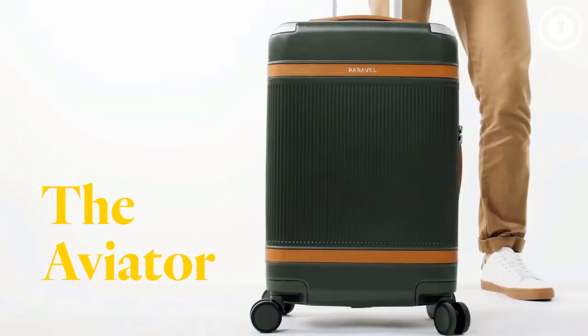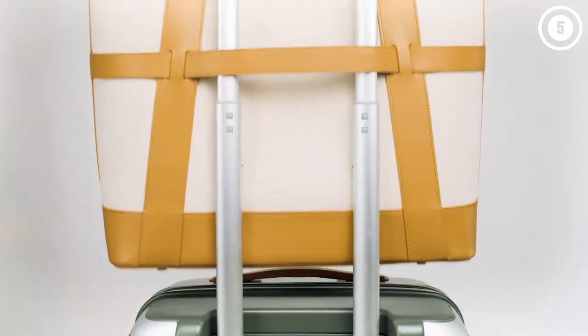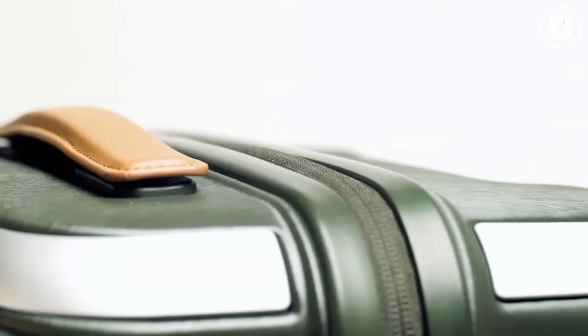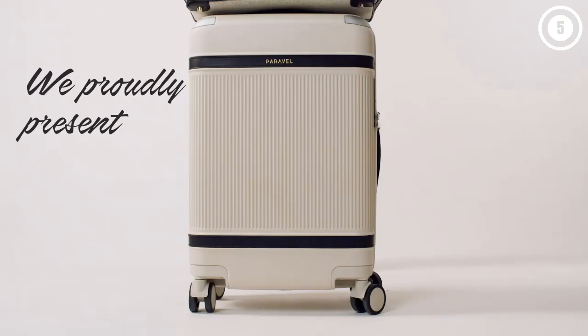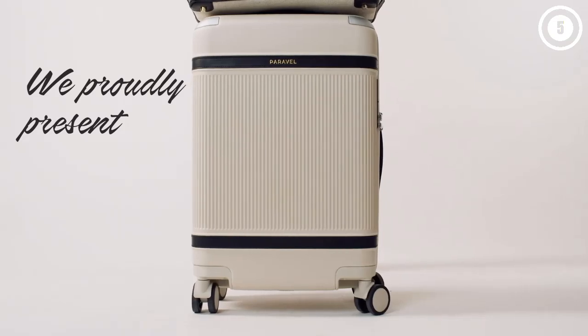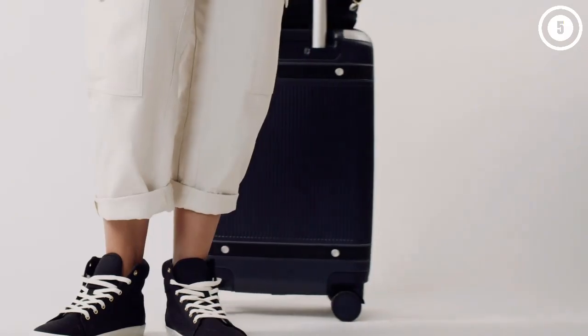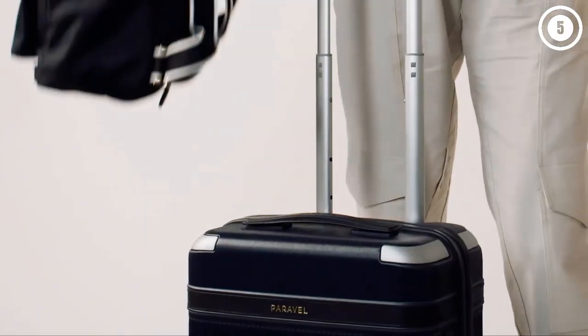Inspired by retro luggage with a modern twist, this classy carry-on is gorgeous. Not only that, but the durable polycarbonate exterior feels sturdy and sustained just a few minor scuffs during our tests. It's super easy to maneuver too. Although the Paravel Aviator is somewhat steep in price, we think it's a worthwhile investment for those in the market